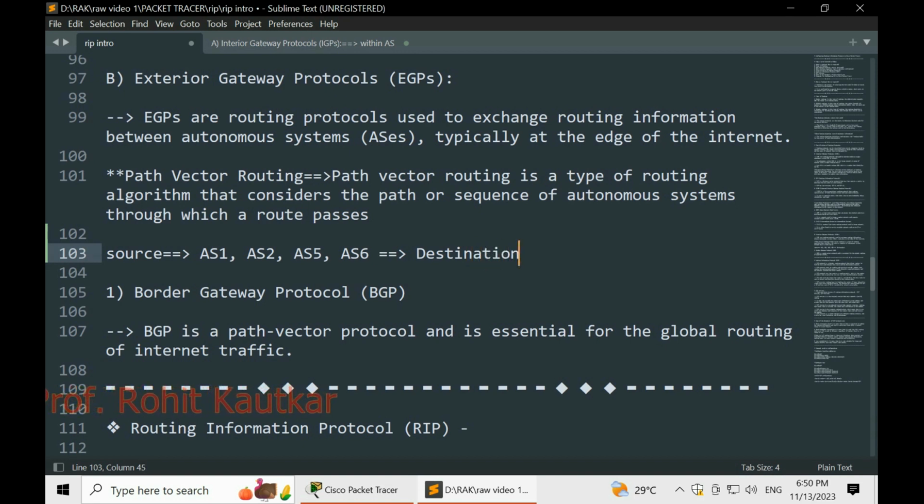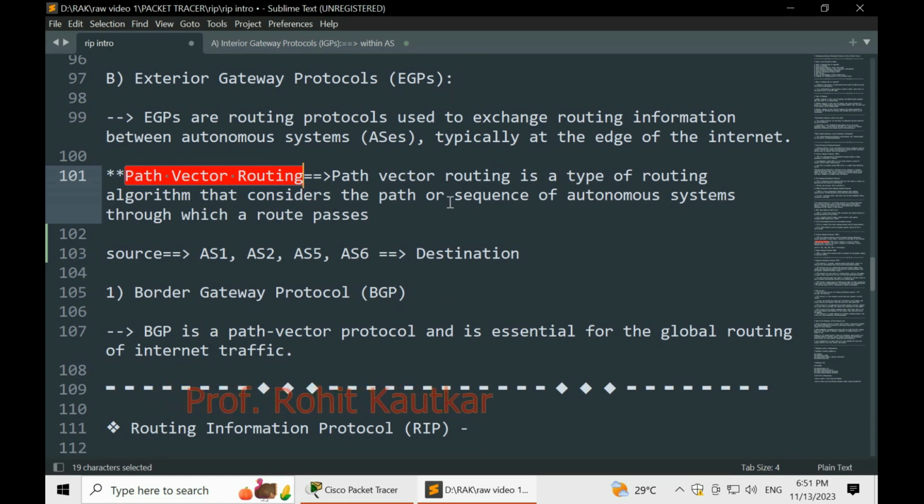Whatever packets will be forwarded from source to destination, they will go through all these autonomous systems. Such an approach is what path vector routing uses.